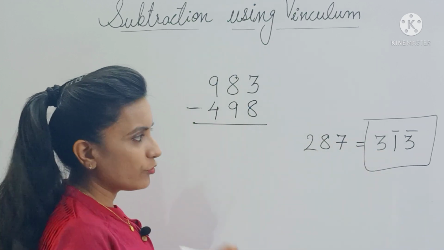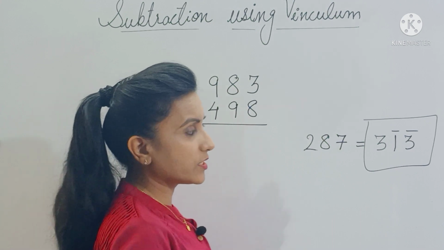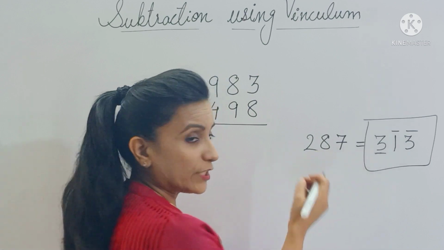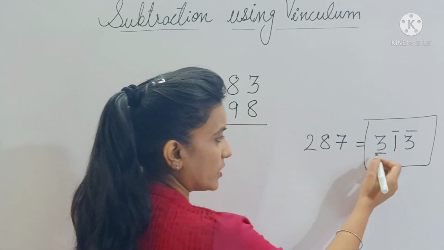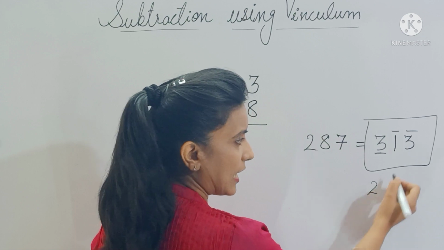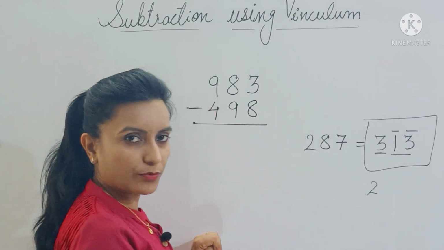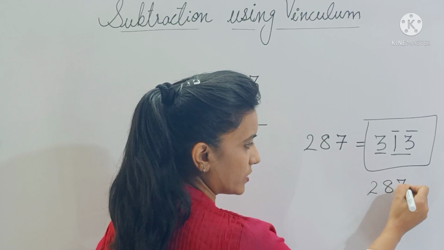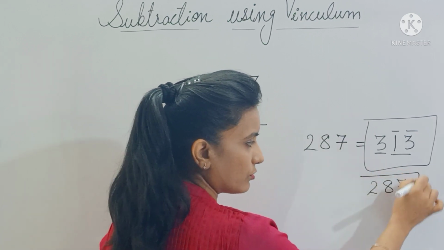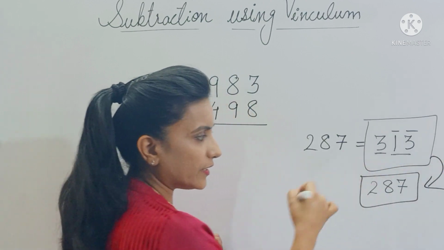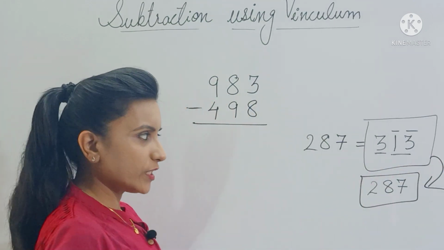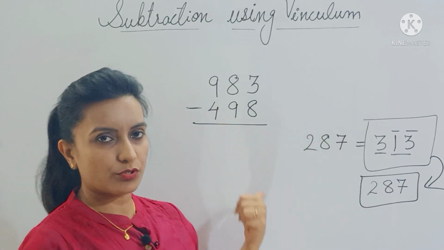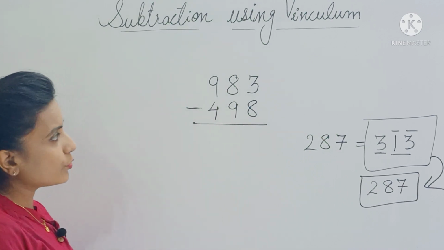So how do we do that? First you have to identify on which digits you have bar, right? So I have bar here on these two digits. So you reduce the previous digit by 1. So here 3 becomes 2 and again apply all from 9, last from 10. So 1 plus 8 gives you 9 and 3 plus 7 gives you 10 and you remove the bars. So here you have devinculated the number. So in devinculation, we convert a mixed number into a positive number. So this concept we will use here. So let's see how we subtract using vinculum.